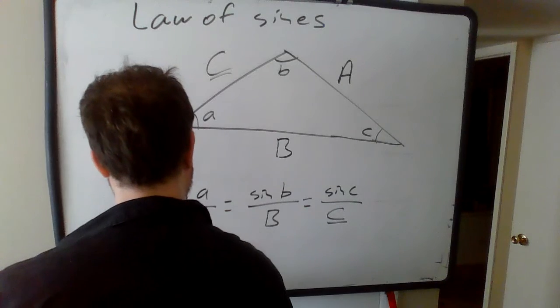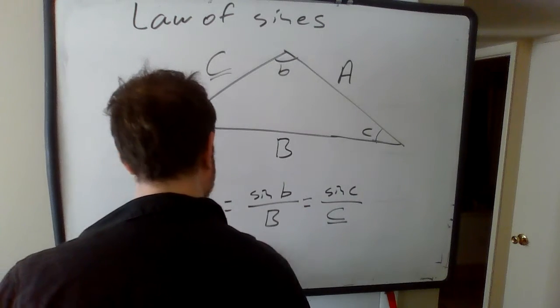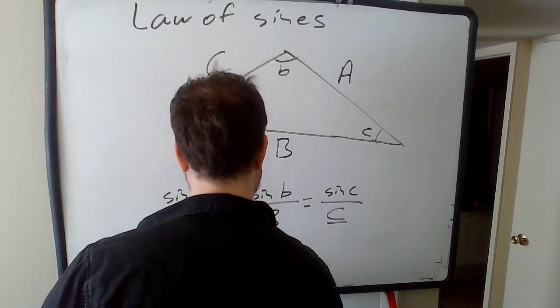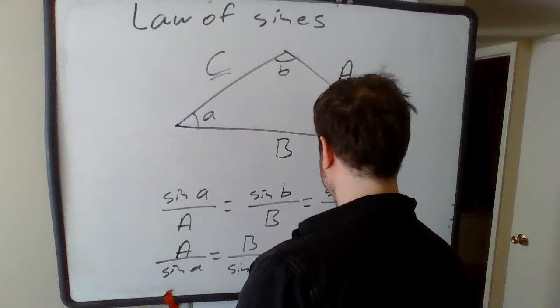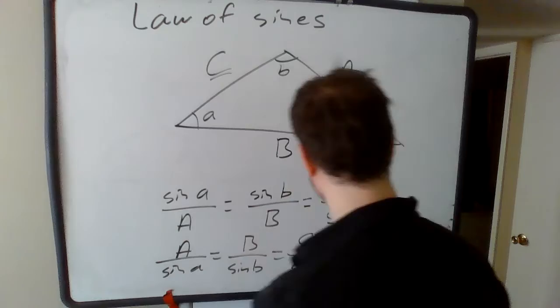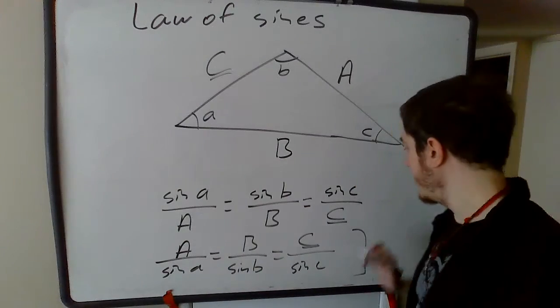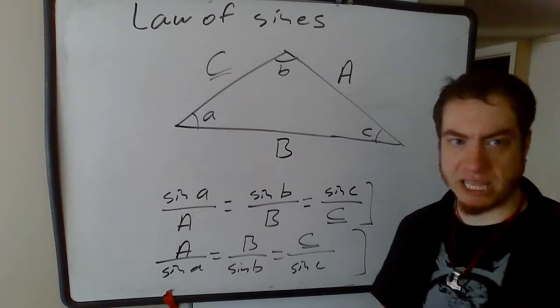You could say capital A over sine of little a is equal to capital B over sine little b equals capital C divided by sine little c if you wanted to. These are both valid ways of doing this